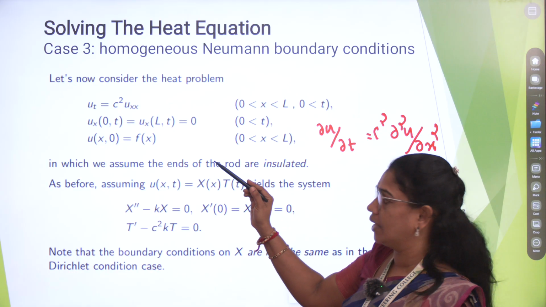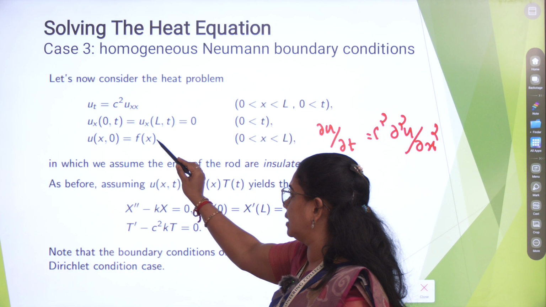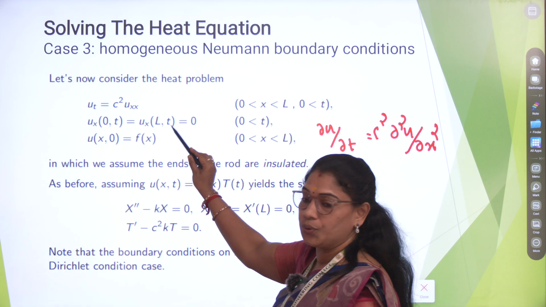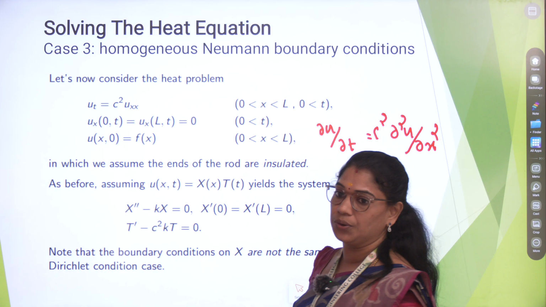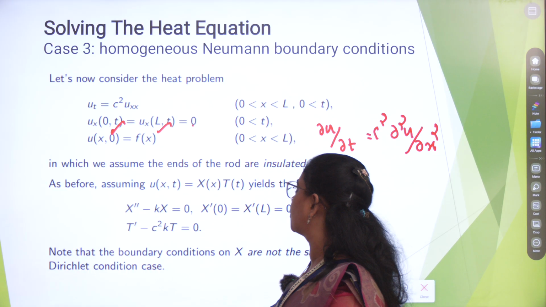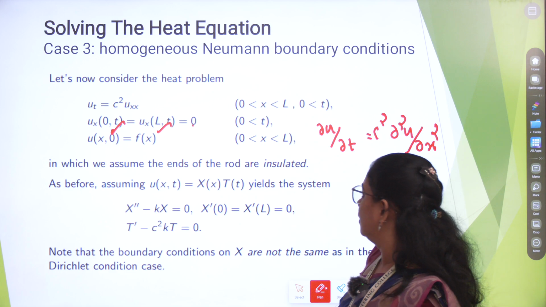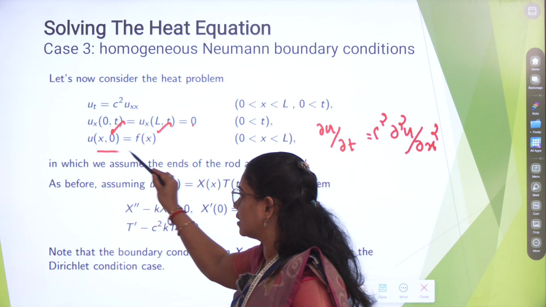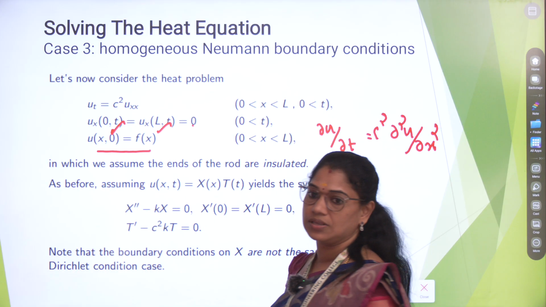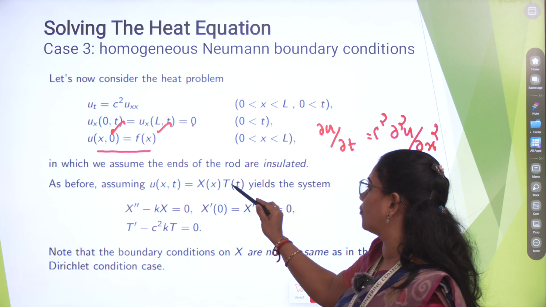Next, the boundary conditions are u_x(0,t) equals u_x(L,t) equals 0, because of the interval 0 to L. Next, the initial condition u(x,0) equals f(x), in which we assume the ends of the rod are